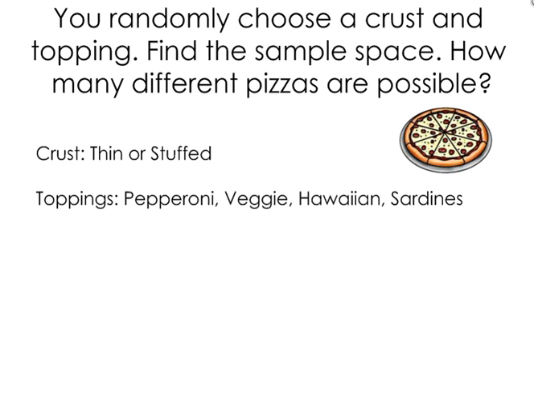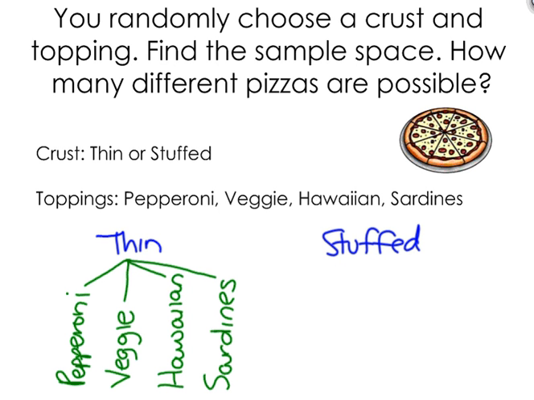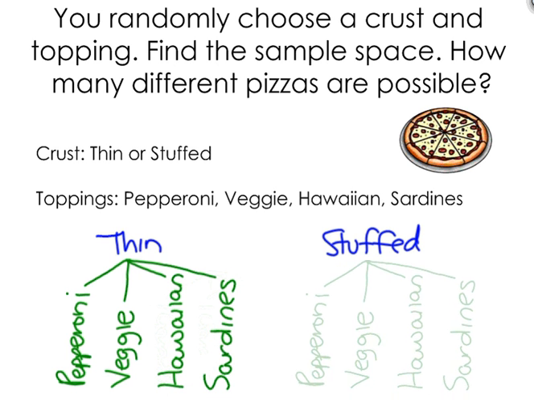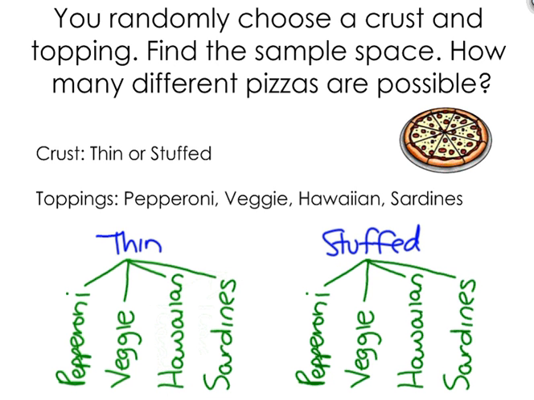All right, next we're going to look at an example with randomly choosing thin or stuffed crust pizza and then a topping to go on that. So we'll still set up a tree diagram for this one. So our first options for the crust are either going to be thin crust or stuffed crust. And then once we've made that selection, we can choose between the 4 different types of toppings. And so the next level of branches, I would just list off my 4 toppings, pepperoni, veggie, Hawaiian, or sardines, and then I would do the exact same thing off of the stuffed crust,